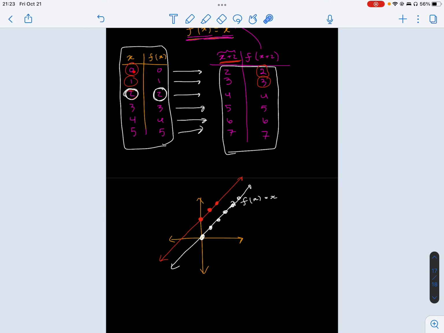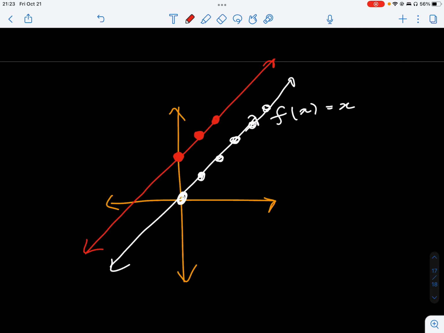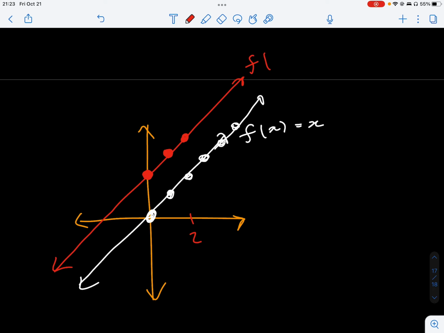When I plugged in the number 0 to the other equation, my function, based on my modification of the input, essentially treated that 0 as though it was 2 and spat out the number 2 as a result. And the way I like to think about this is that this function, f of x plus 2,